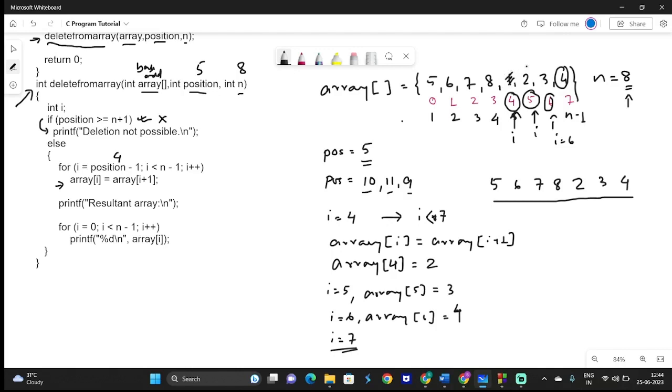That means here we are shifting 2 in place of 1, we are shifting 3 in place of 2, and we are shifting 4 in place of 3, and that's all done. No further loop will be executed. And this is how shifting the elements onto the element that we want to delete makes the element vanish. Thus the new array becomes 5, 6, 7, 8, 2,